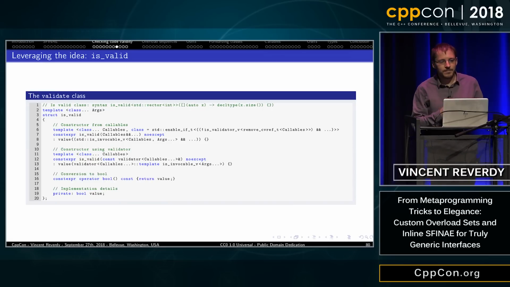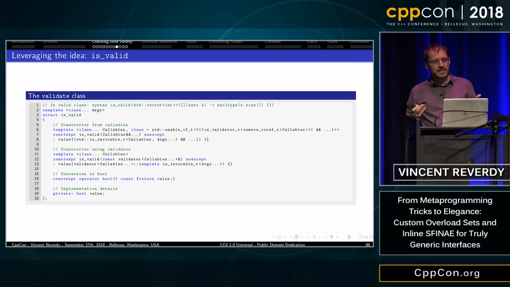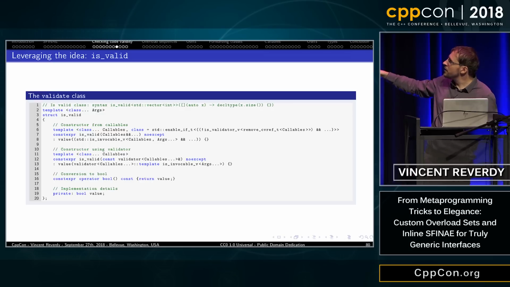And finally, I can create an isValid class. And here I will use a trick that can be done in C++17 with template deduction guide. So first, I have my generic version of isValid. You give it a list of arguments, and you build it from a list of functions.